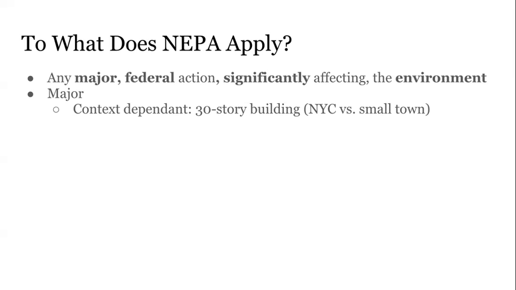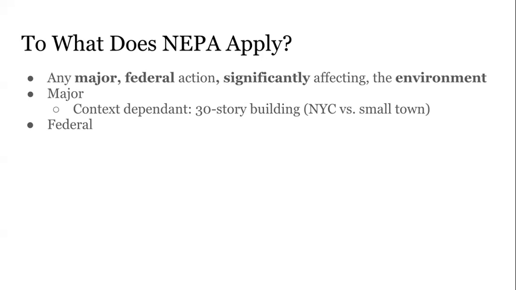It's just normal in the context of New York City. If you're developing a 30-story building in a small town that has no buildings above 4 or 5 stories, that definitely is major. So that's what we mean by context dependent. That's just one simple example; there are many other examples. So you have to take context into consideration when you're defining major under NEPA. Remember, if it's considered minor, there's no NEPA analysis. It's not required if it's considered a minor federal action. So there's that context there.